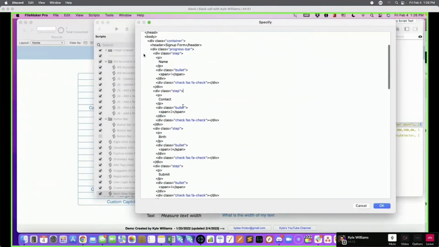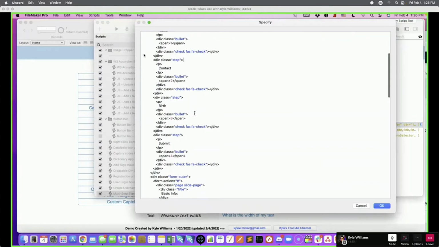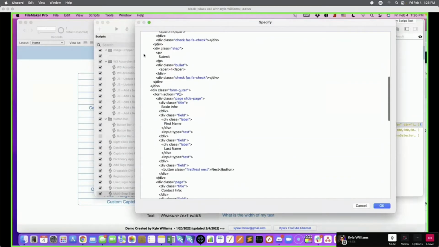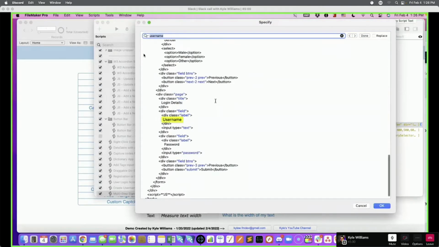So progress bar step, bullet step. Let me just do. There we go. Again, it really helps to be able to search this stuff. Okay, so username, div, class, label. So we want to give this div an ID or input type an ID. So you go to the input type, you give that an ID, and then you can get the value from it. So ID equals